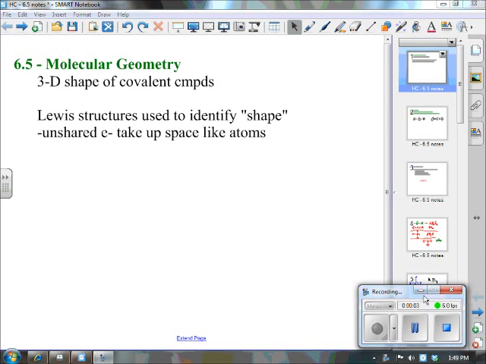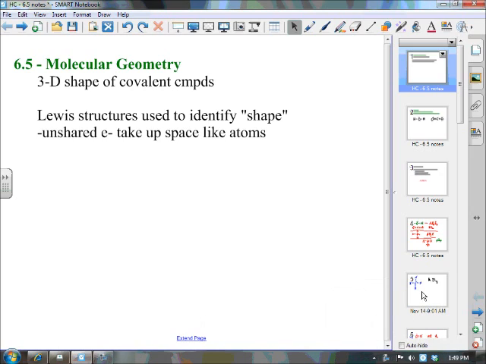Today's lesson, we're going to look at the 3D shape of covalent compounds. When we say the term molecular geometry, molecules are the name given to the structure of covalent compounds. So we are looking at the geometry or the shape of covalent structures. All we're going to do is start with Lewis structures. We know how to do Lewis structures from section 2. We're going to take that Lewis structure and be able to determine what the 3D shape will be for that